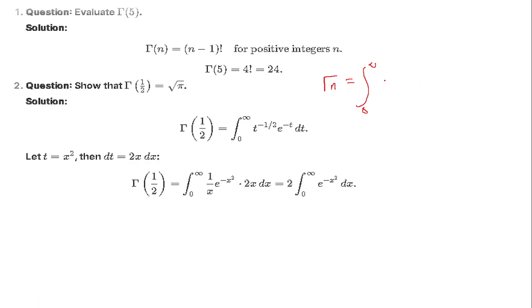Then I said you can either use x or you can use t. Since there's t here, let me use t. This will be t to the power n minus 1, then e to the power minus t, dt. Now, in this case, they have asked us to find